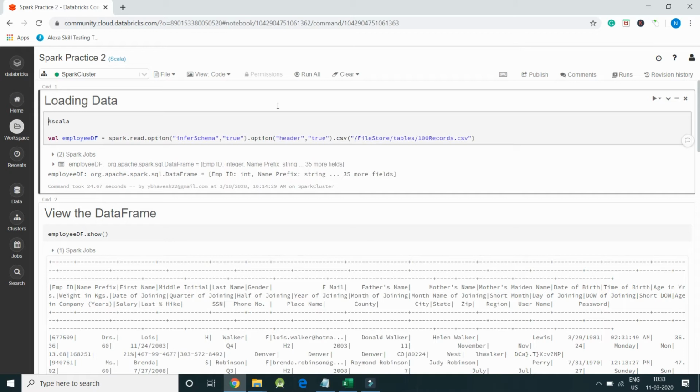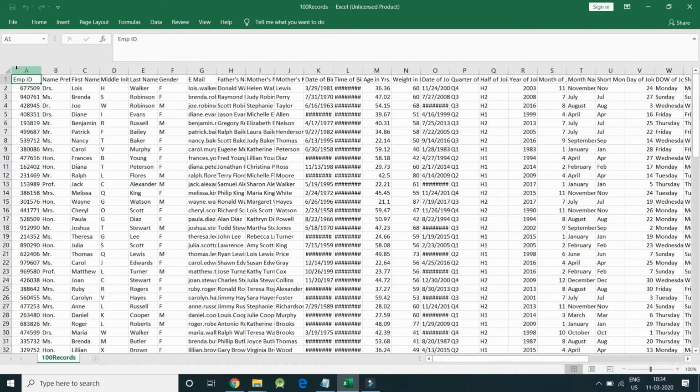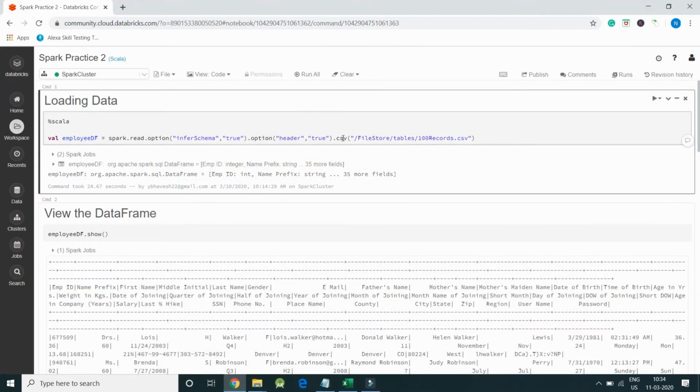Option header true indicates we have a header row for all the columns, so the first row is the header, and we have specified the CSV file location.